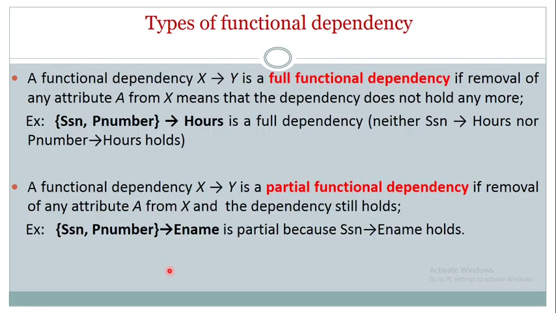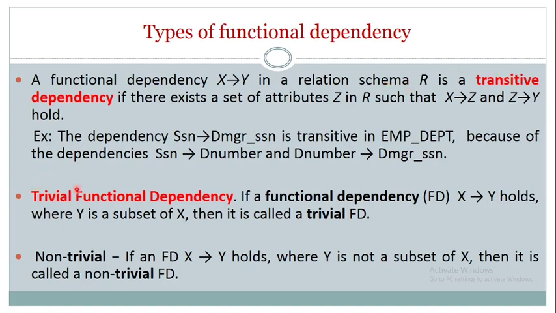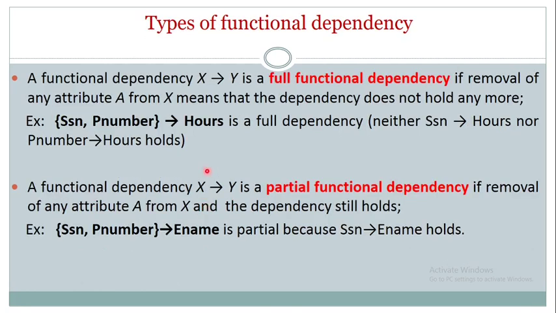Let us understand about the types of functional dependency. There are 4 types of functional dependency: fully functional dependency, partial functional dependency, transitive dependency, and trivial functional dependency. Let us understand about fully functional dependency. A functional dependency X tends to Y is a fully functional dependency if, on removal of any attribute A from X, the dependency does not hold anymore. For example, let us consider this